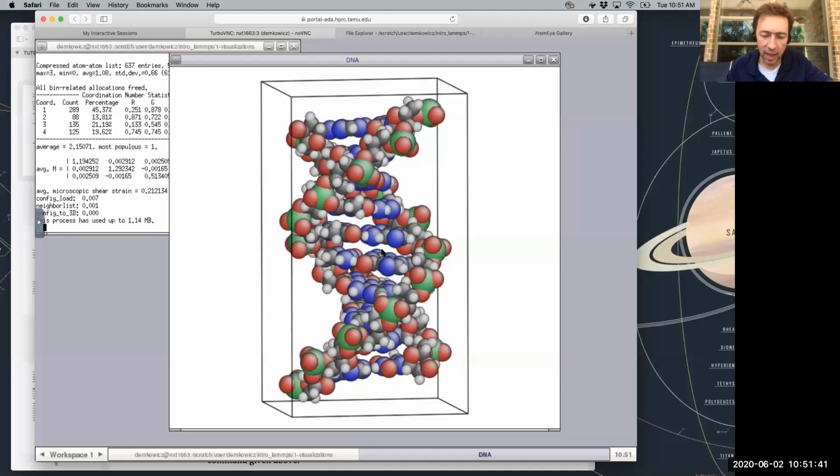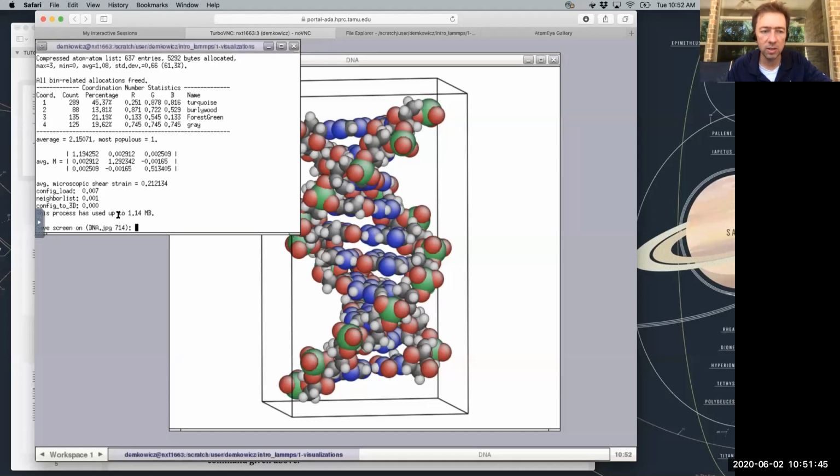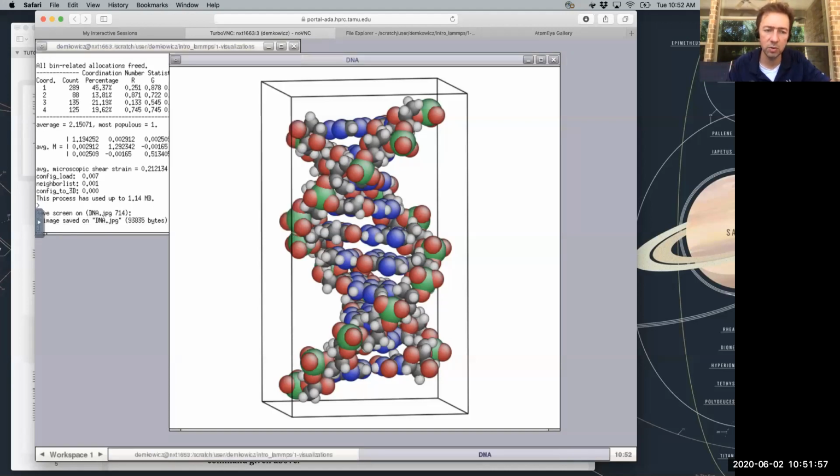When you're in the Atomi screen, all you have to do is press the letter J, right? And you see you have something that appears here immediately on your command prompt. It says save on screen dna.jpg. It allows you to save a JPEG. You're just going to press return, and it's saved basically a JPEG of whatever I have on the screen.